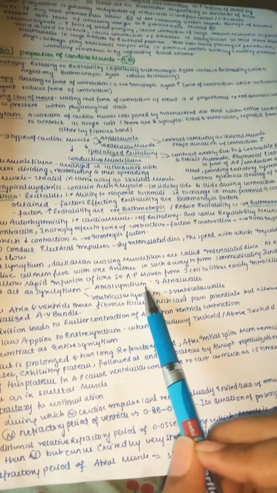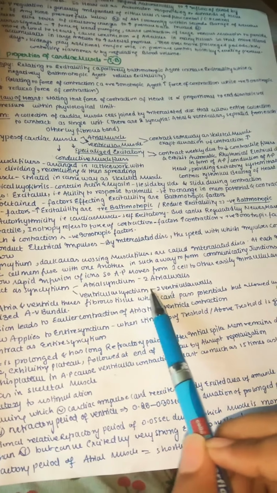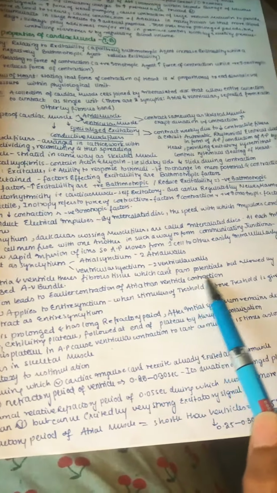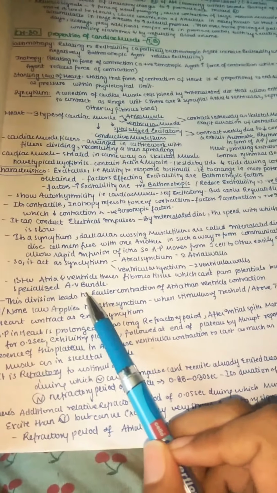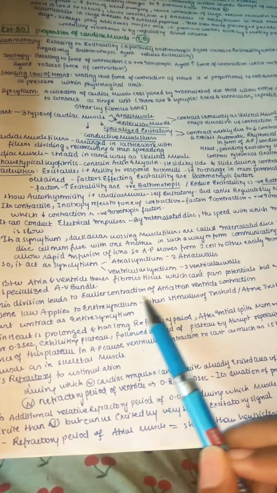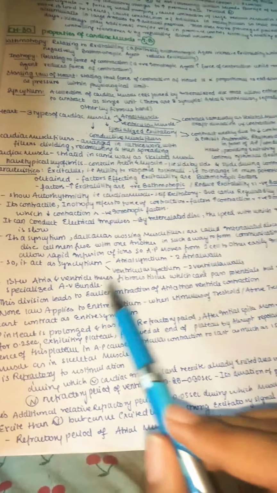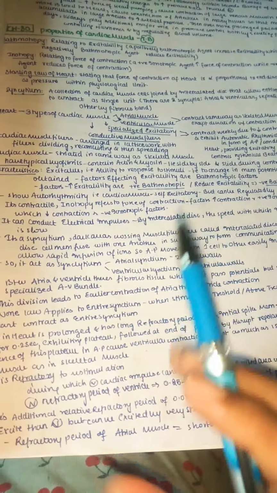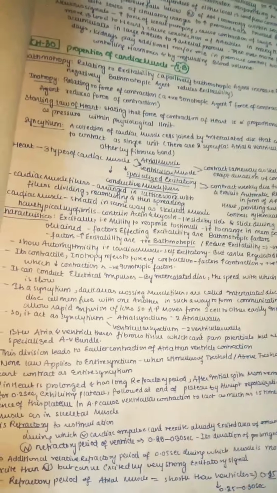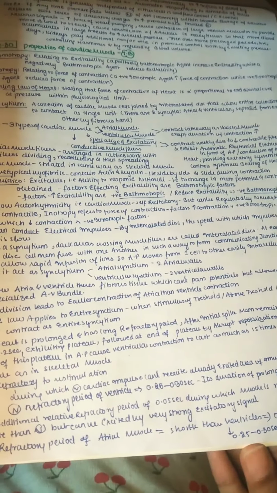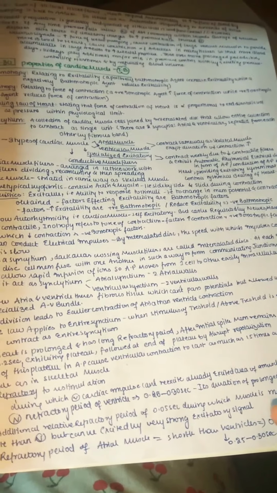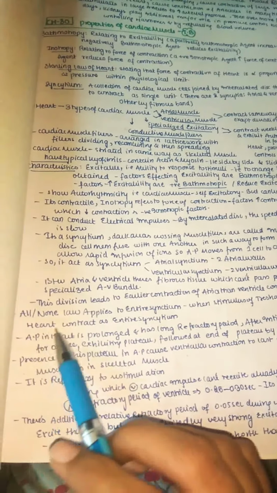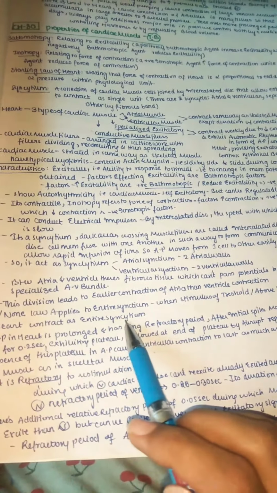So there are two types of syncytium: the atrial syncytium, which involves the two atrial walls, and the ventricular syncytium, which involves the two ventricular walls. Between the atria and ventricles there is fibrous tissue which can't pass the potentials, but conduction is allowed by the specialized AV bundle. We know this. The reason it delays the potential for 0.1 seconds is that we need the atria to contract earlier than the ventricles, because till that time the ventricles will get filled, and the atria will also be completely filled, so that first the atria contract, then that blood comes to the ventricle. So that's the mechanism.